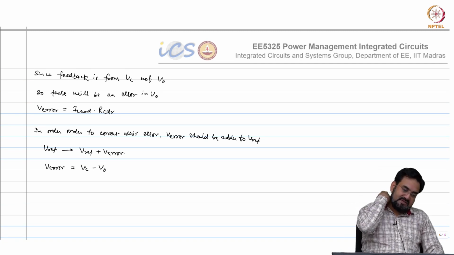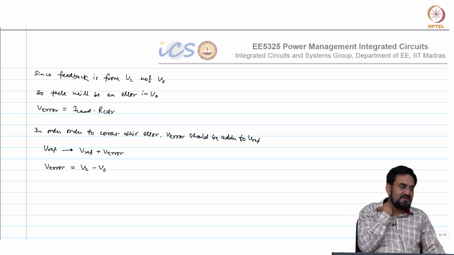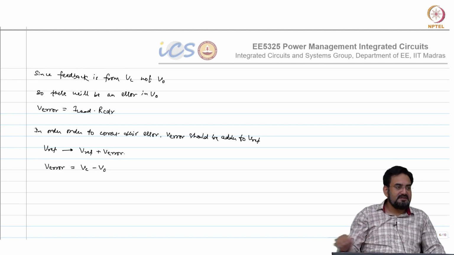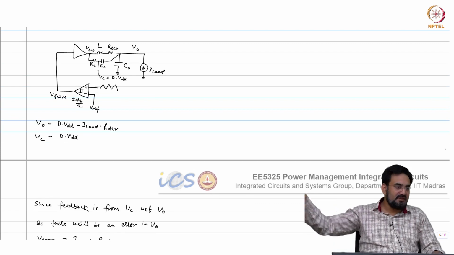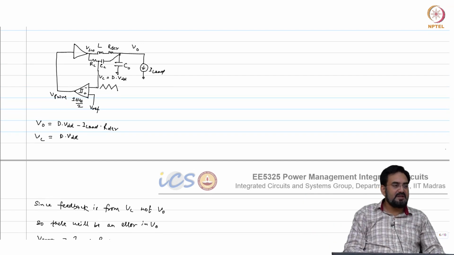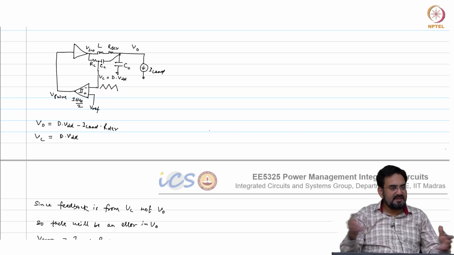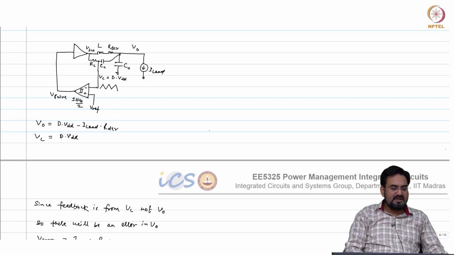What else can we do? Which means you need a subtractor, and it has to be DC. So, you have to subtract and then filter it to clean all the ripple, because they will have ripple. This guy VC will have 50 millivolt peak to peak ripple, the other guy may have 10 millivolt peak to peak. So, output won't look like a perfect DC. So, you need huge filtering here, which will increase your RC. So, what else can we do?